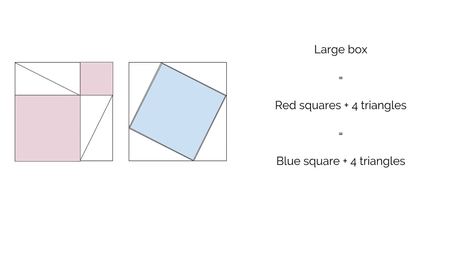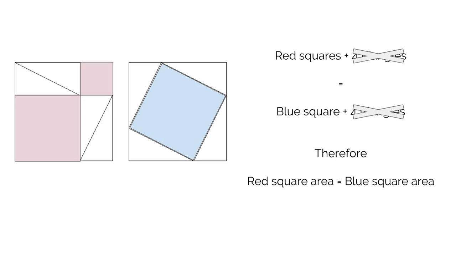So the argument in words would look something like this. You'd say, okay, the area of the large box is the same as the area of the red squares plus 4 triangles, and the area of the large box is also the same as the blue square and 4 triangles. And since the triangles are all the same size, and there's the same number of triangles in each box, they take up the same amount of space, so we can just ignore those, or as we say, factor those out. And therefore, the blue square and the red squares take up exactly the same amount of space,